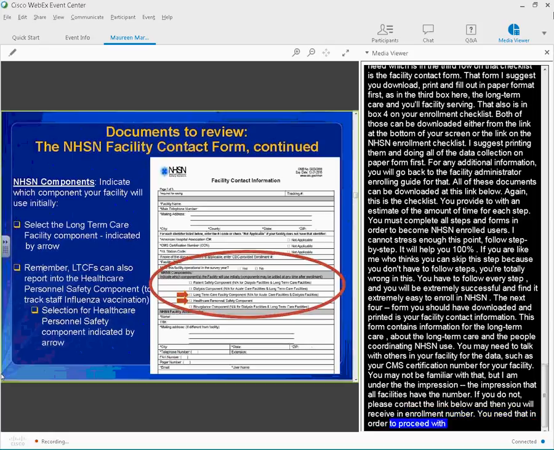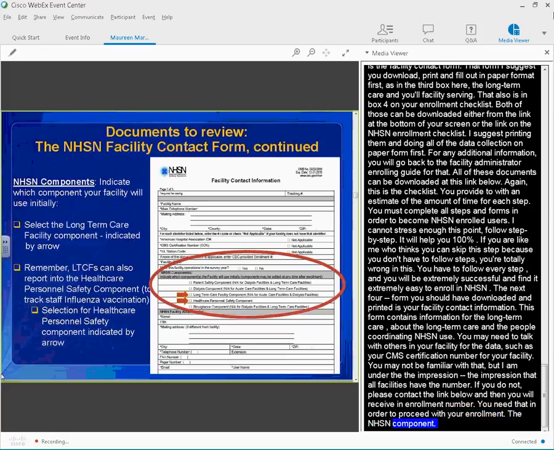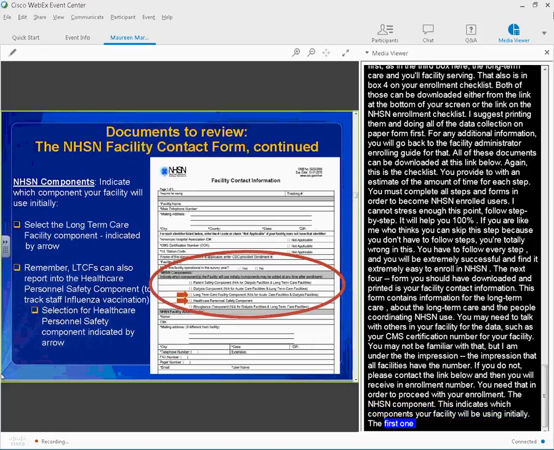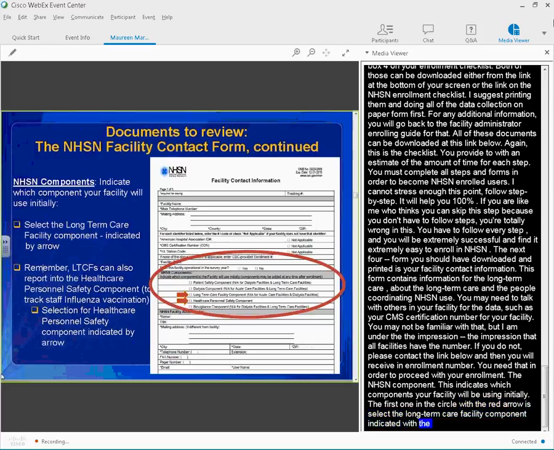The NHSN component. This indicates which components your facility will be using initially. The first one there in the circle here with the red arrow. The first one is select the long-term care facility component, indicated with the arrow. This is the component you will be using to enter any data into NHSN for a long-term care facility for